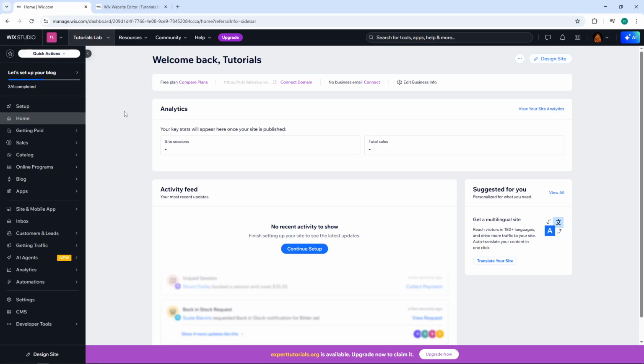Welcome back, everybody. Today, I'm going to teach you how to use repeaters with Wix. Repeaters are a powerful feature that let you display multiple items in a consistent layout, perfect for showcasing products, team